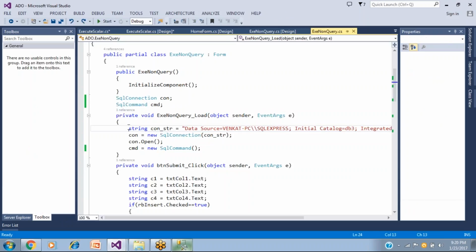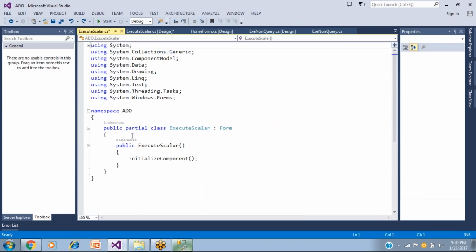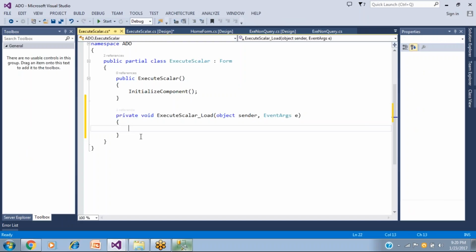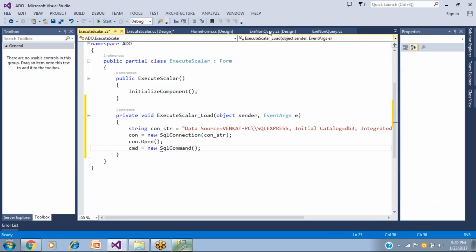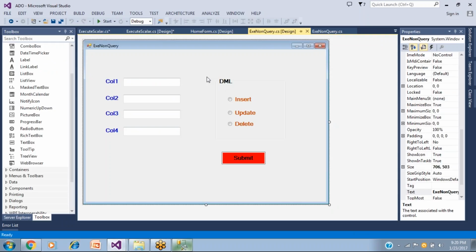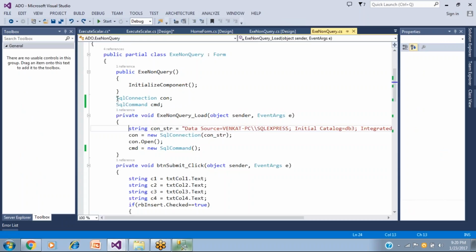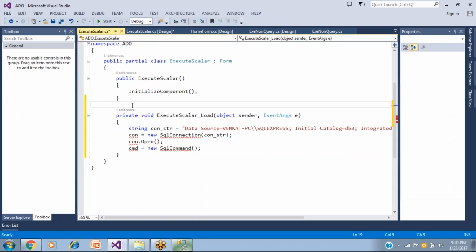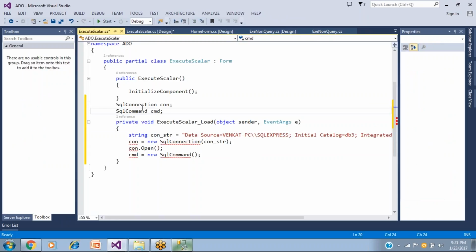So the same code for connecting to the database, I want to get it this time into the scalar. Double click on the form load. In the form load, let us write the same code that we had before. That code is all about one simple thing, establishing a connection to the database.